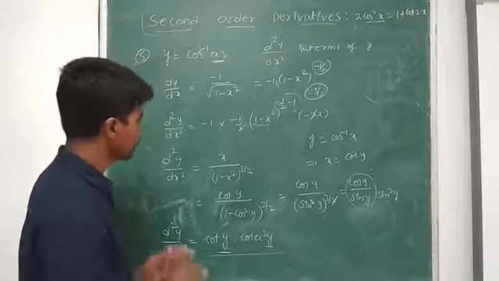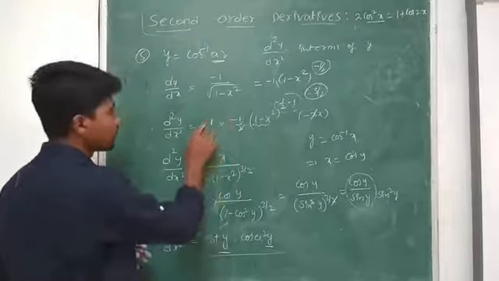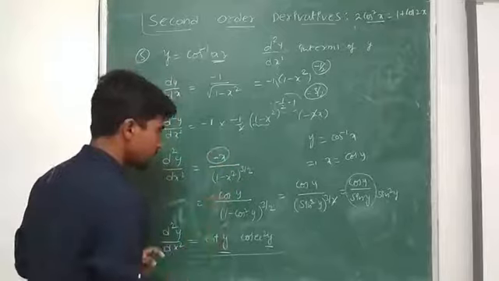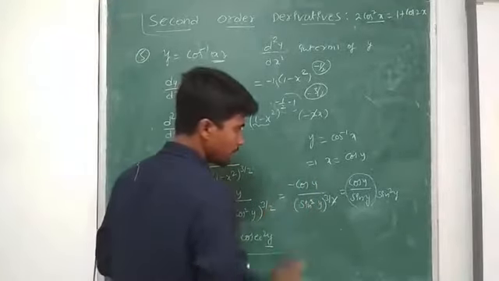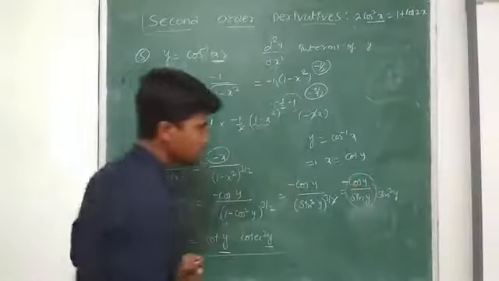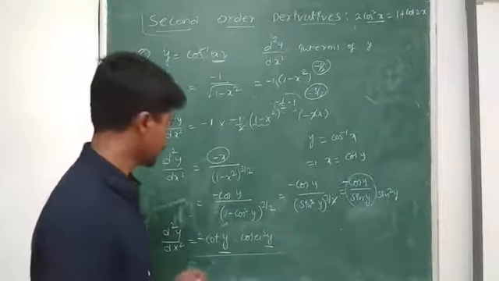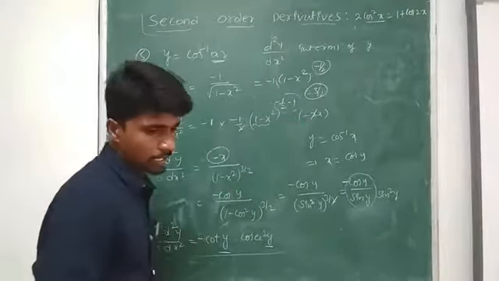Just check this one. Have I made any mistake? Now minus into minus is plus, and minus x. So this gives minus x, minus cos y by sin square y, minus cos y. So we get minus cot y into cosecant square y. We carry forward this particular minus. Next,